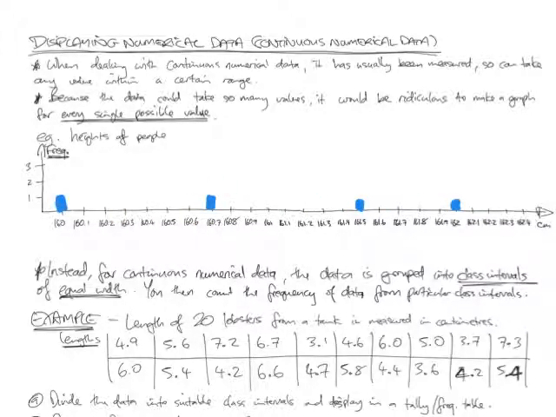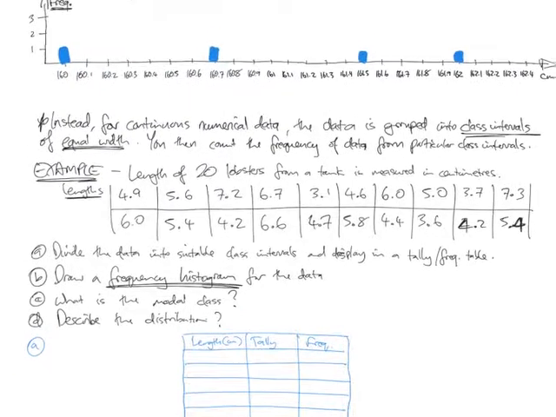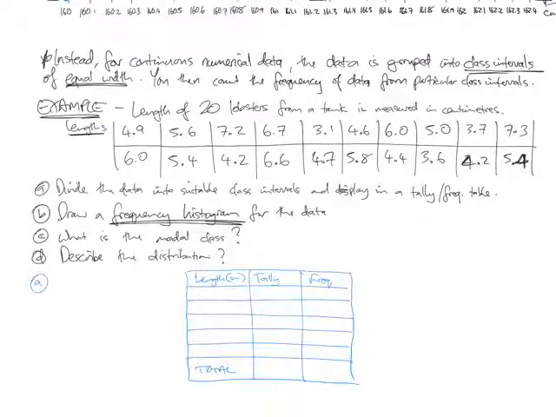There's hardly any information there. You just get frequencies of 1. Why? Because it's really rare for someone to be exactly a very specific height. So there's no real information that you can get from this. You can't talk about shape or skewness or anything because you just get these tiny points. It's a really sparse graph. So instead, for continuous numerical data, it's preferable that we graph the groups of the data into